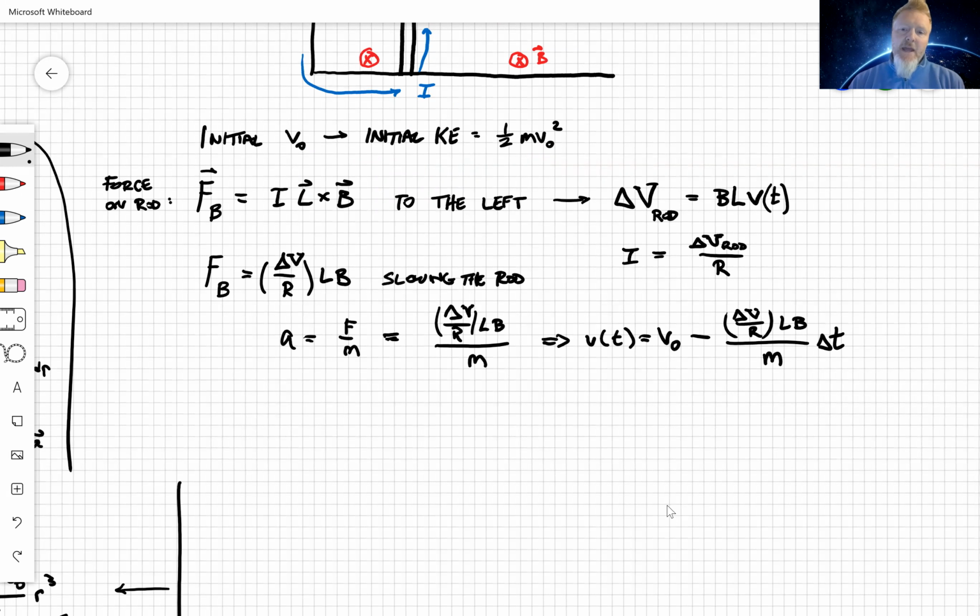So let's examine what happens here to the initial kinetic energy of the thing, okay? So we know that it's gonna slide and then stop. The question is, though, what work has been done by the force, this FB, in slowing the rod? Well, if I take a look at that, okay, the force B,